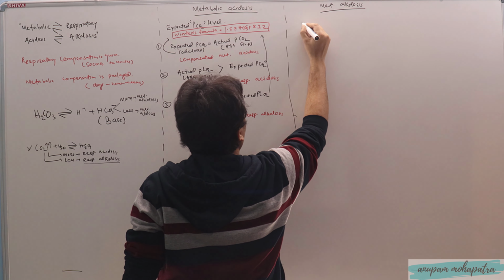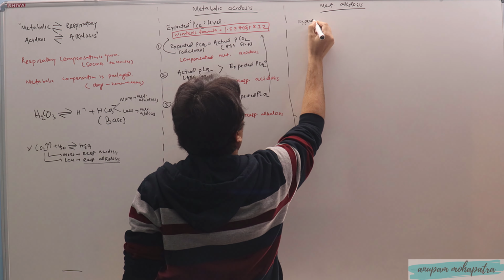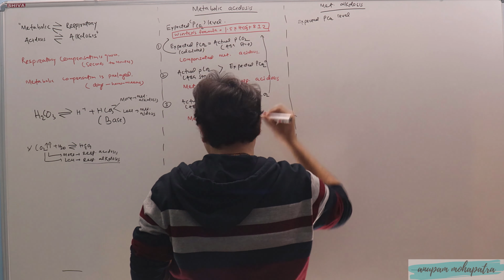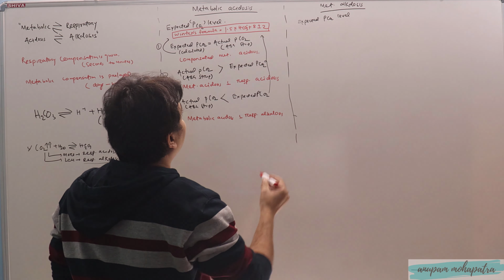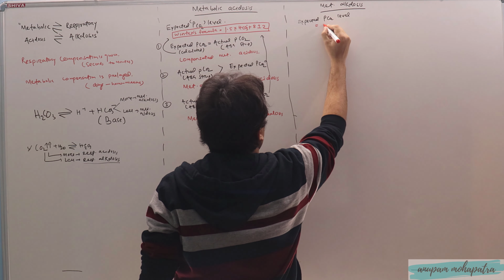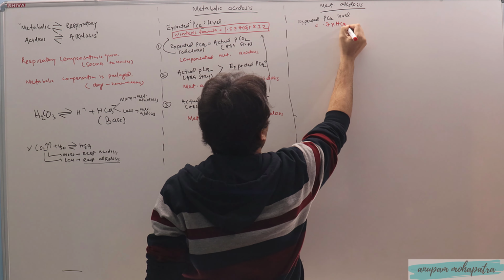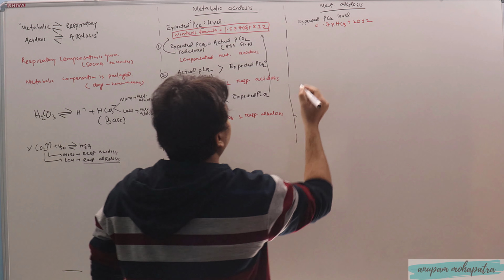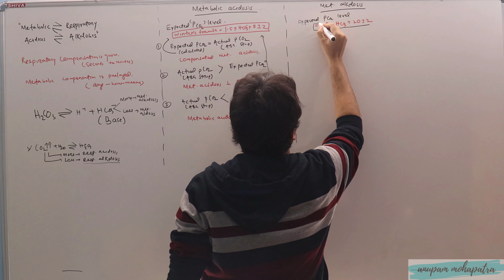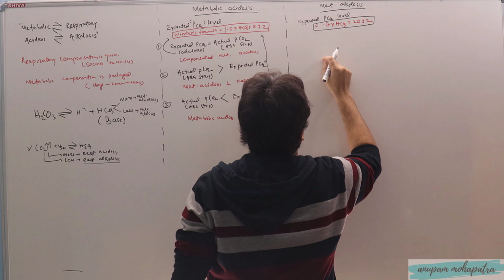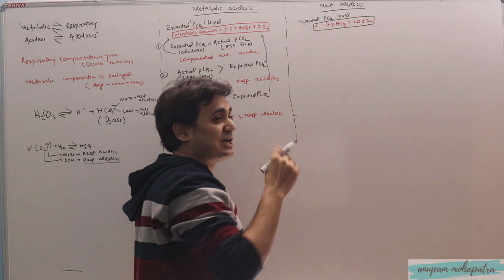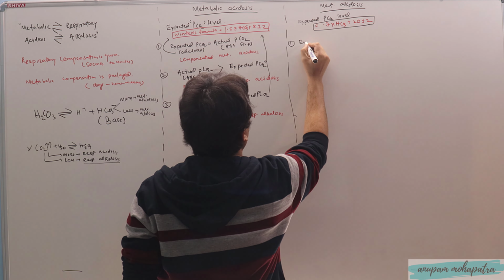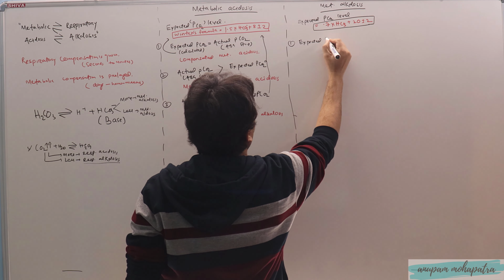So here also we will have an expected PCO2 level. And what is the formula here? The same formula but in a different format. It will be 0.7 into bicarbonate plus 20, plus or minus 2, right? So in your ABG strip you will find this bicarbonate level, and in the ABG strip there will be an actual PCO2 like here. So the first scenario will be expected PCO2